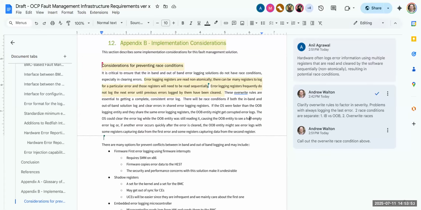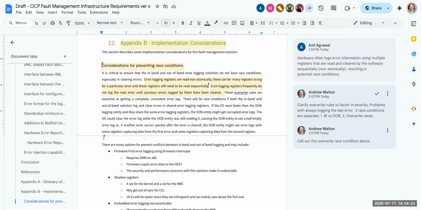Every architect is like that, Charlie, right? So in x86, in both AMD and Intel, once the software has done all that stuff, it clears the valid bit of the status register, and that tells the hardware, I am done, you may now capture the next. In the ARM world, you do a write back, and I think you write back a 1 to the severity of the error that you read, and that clears it, right? So it's similar.